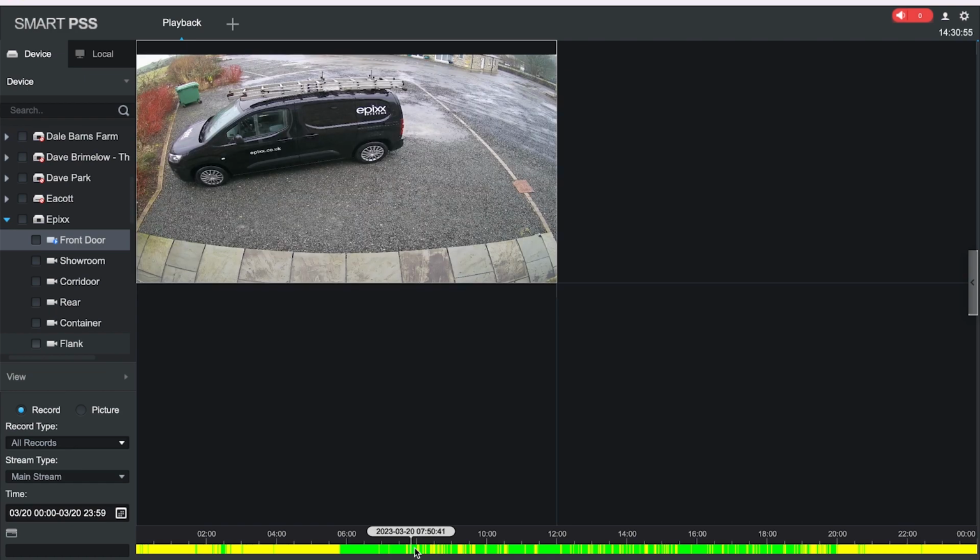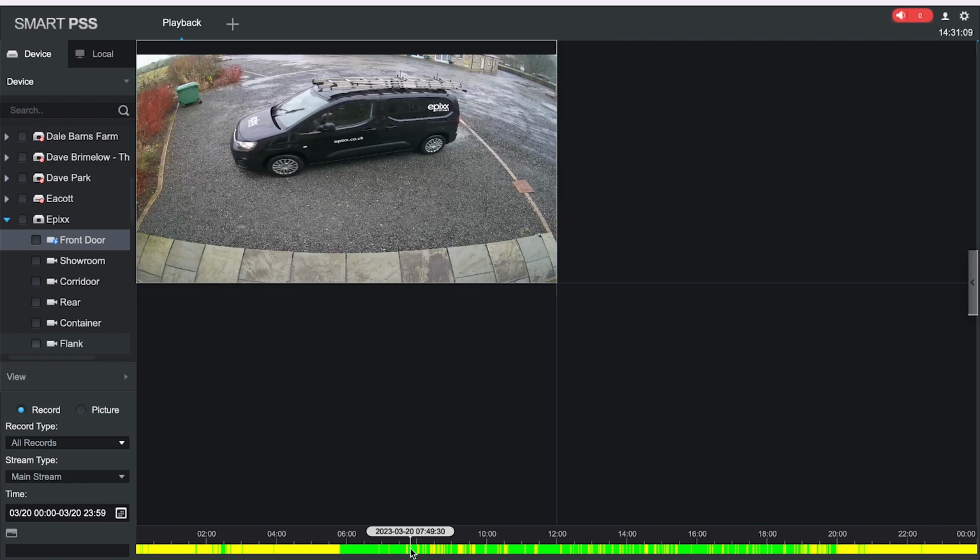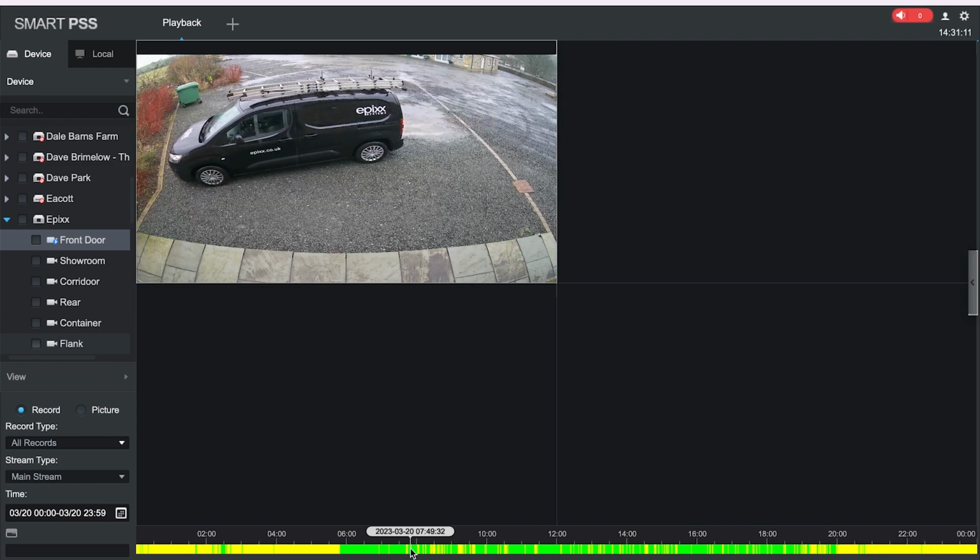And there is the van. So if we go back a little bit to 7:45, 7:49. It is quite sensitive, so it's hard to use. And there's Jake coming in. So you should be able to double click that